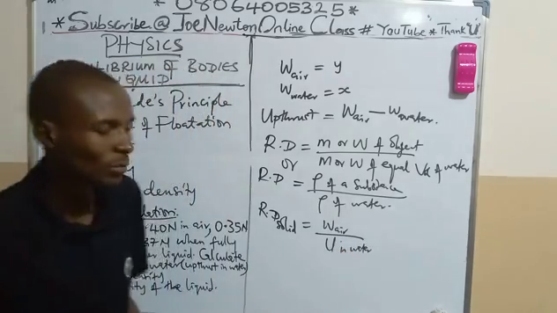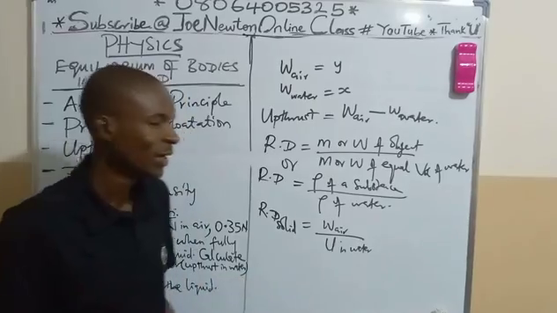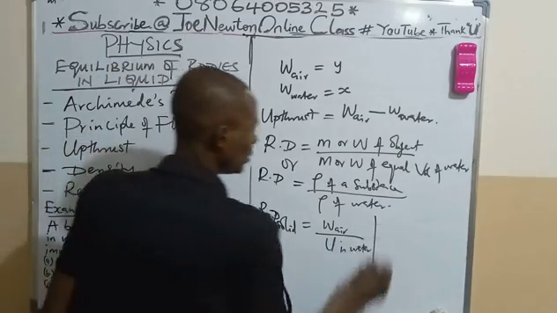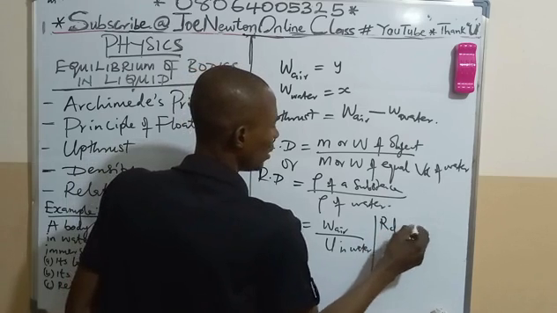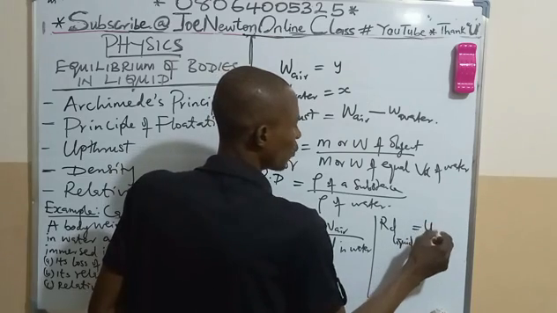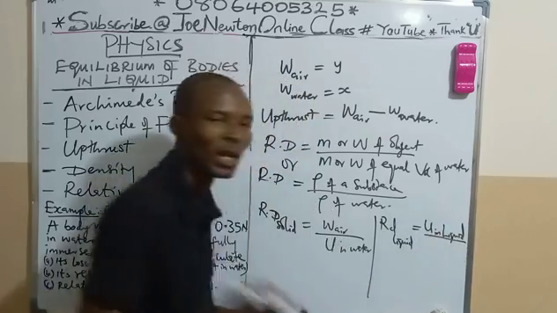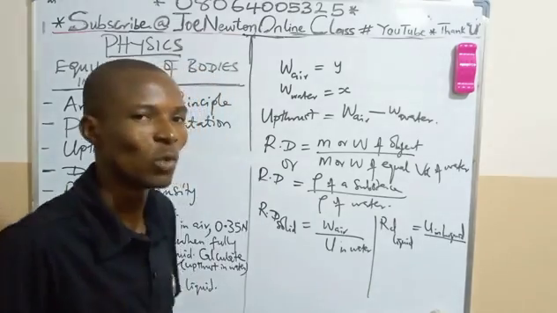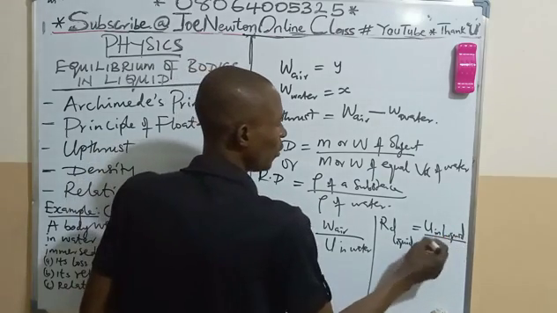So that is the relative density of a solid: equal to the weight of the object in air over the upthrust in water. Then when you want to get the relative density of a liquid, it can be obtained in terms of upthrust as the upthrust in that liquid, that is a liquid other than water. For example, kerosene, petrol, any liquid at all that is not water. So the relative density of a given liquid, which is not water, equals the upthrust in that liquid over the upthrust in